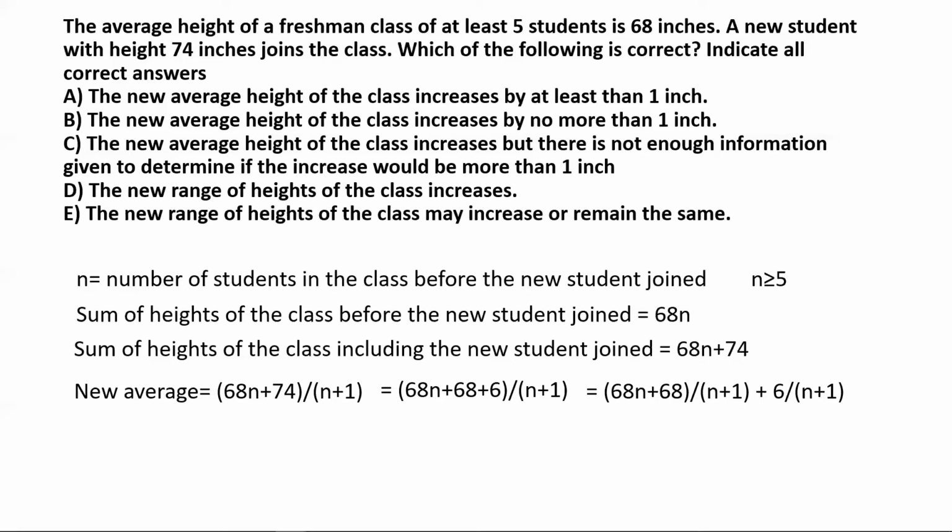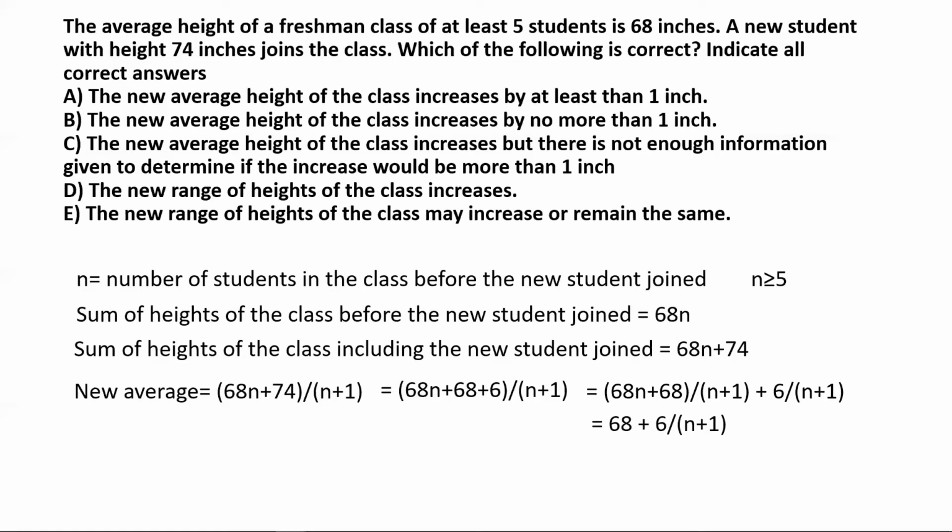The whole idea of breaking this up is to isolate the 68, because the first term's numerator is essentially 68 multiplied by (n + 1), and the denominator is n + 1. So the n + 1 gets cancelled out, and we are left with 68 for the first term, and 6 divided by (n + 1)